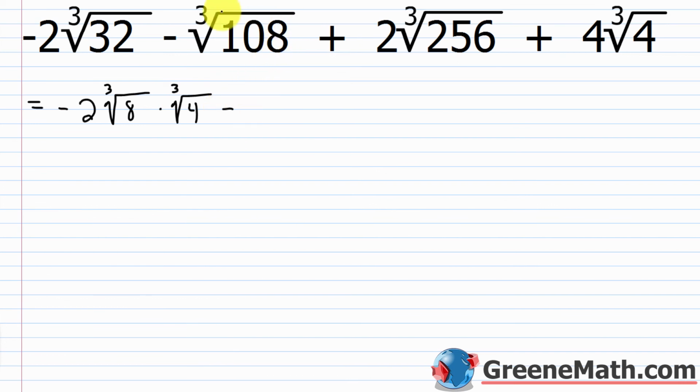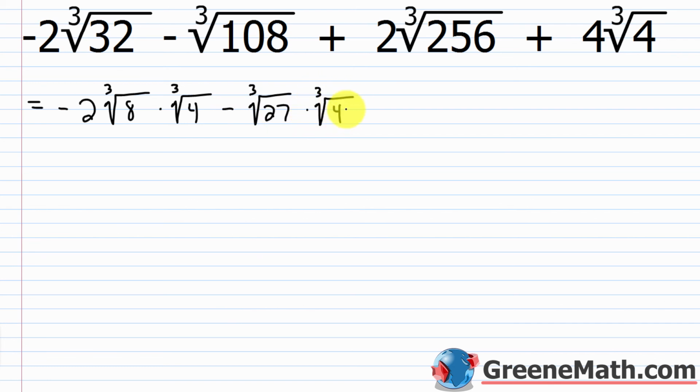Then minus. For the cube root of 108, we don't think about 108 that often, so let's factor that guy. So 1 plus 0 plus 8 is 9. So we know this number is divisible by 9, and it's also divisible by 3. So if we went ahead and divided it by 9, we could do 9 times 12. Then we could see that 9 is 3 times 3, and 12 is what? It's 4 times 3. And you could stop there because you know you basically have 27 times 4. 27 is a perfect cube, so we could say we have minus the cube root of 27 times the cube